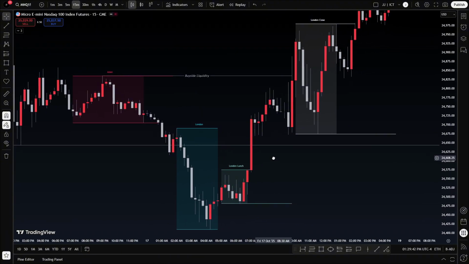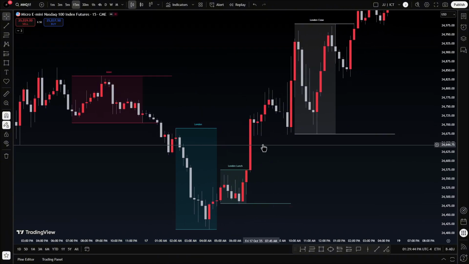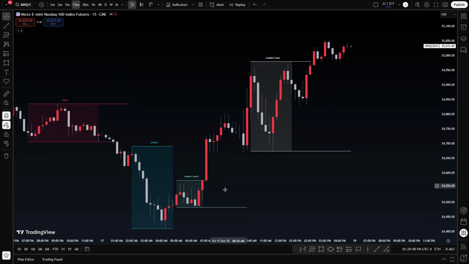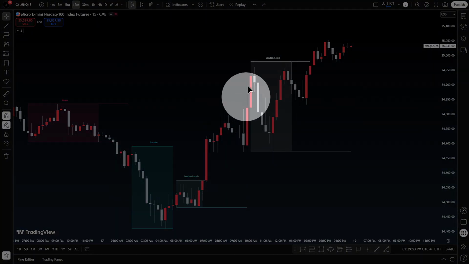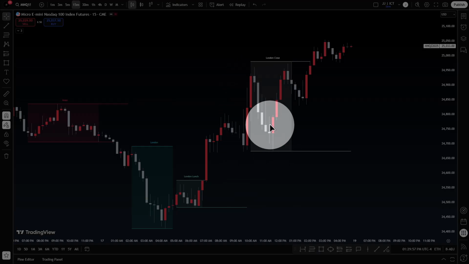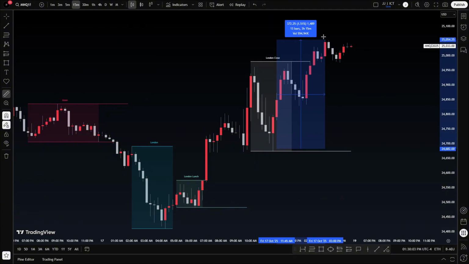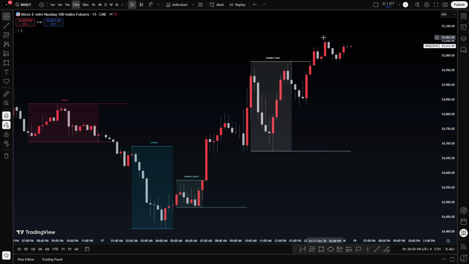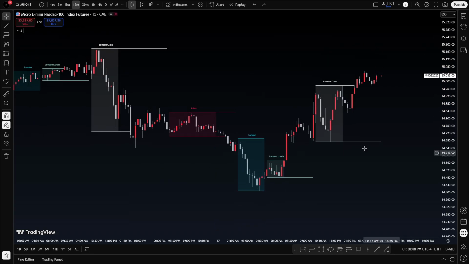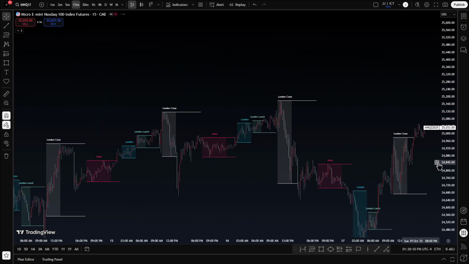Whoa. Now, this is just one day, obviously. We can clearly see that the narrative was bullish just based off everything that happened, in hindsight, of course. And we can clearly see that once New York kicked in right here at 9:30, we consolidated a little bit during AM and lunch. And then once PM kicked in, we began to jump higher, giving us about, from here to here, about 370. Really? That's 370 points? That's crazy. That even shocked me just now. Anyway, let's go to another day.